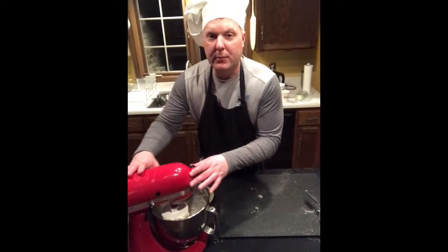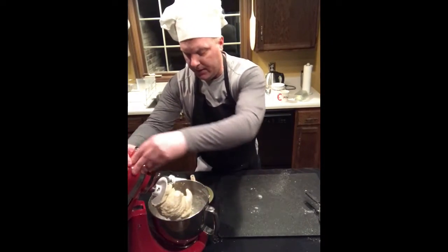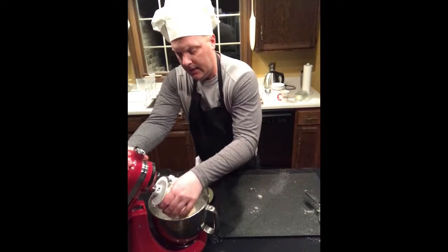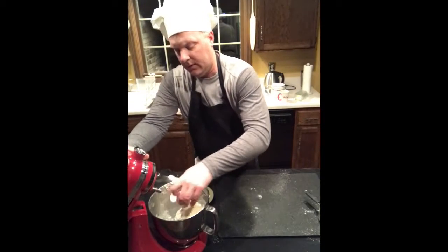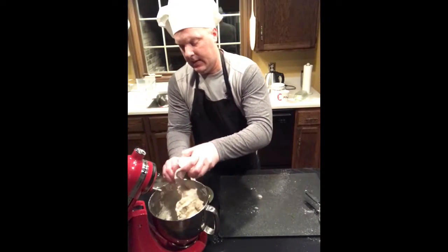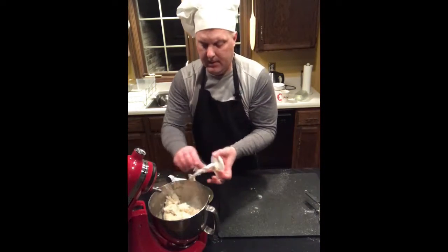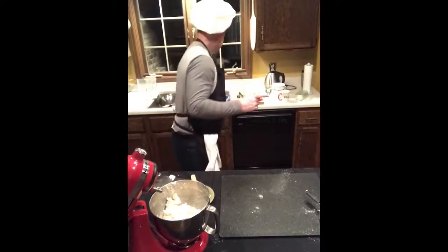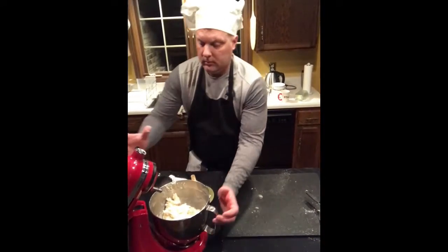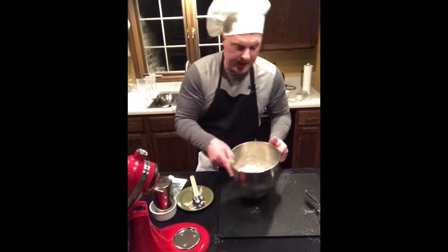All right, we've been mixing for, again, 5 or 6 minutes, and it's now ready to, I think, take out of the bowl. So the easiest way to do this is take the hook off, getting all the excess off. Done with the hook. All right, there you can see the dough, right? The size of the bowl is pretty clean. So now when I get it out,